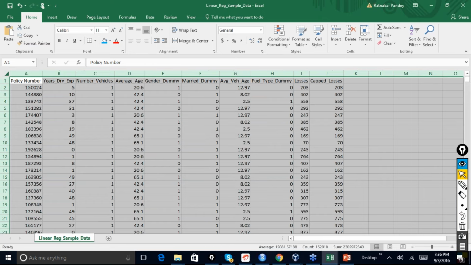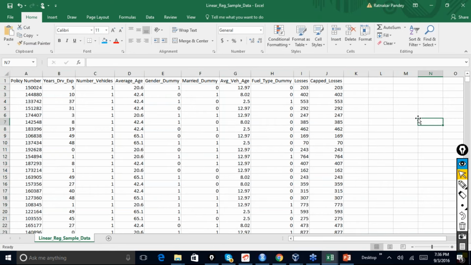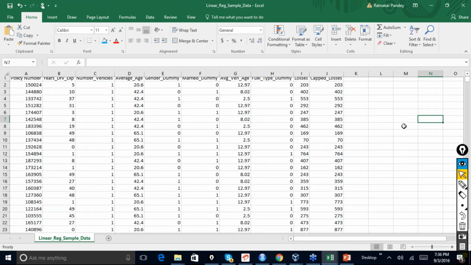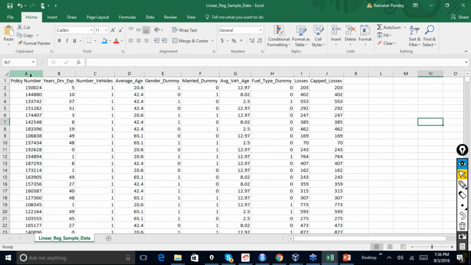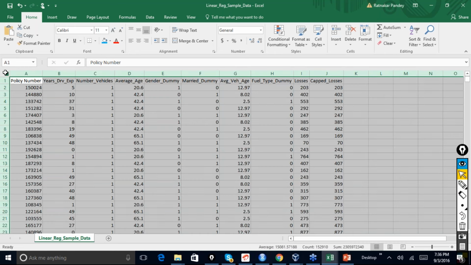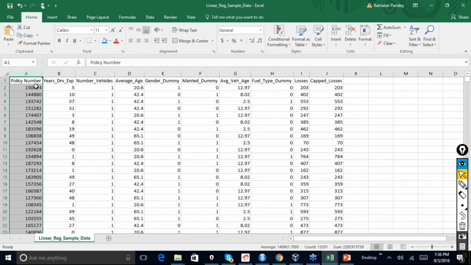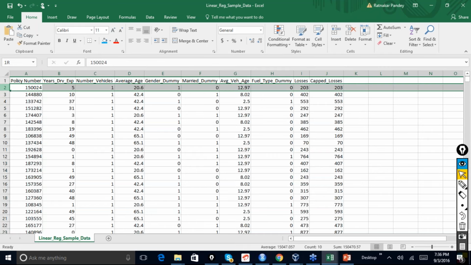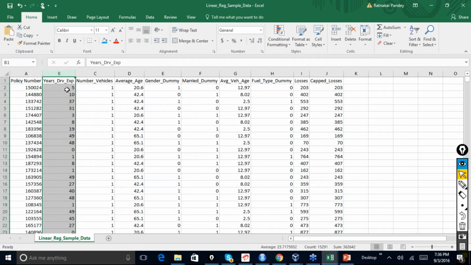Right, so this is the data that we have. So what is this data? This is the data on an insurance company. They are looking at the policies, right? So each observation is a policy number. Then we are looking at how many years of driving experience the driver has who has this policy, how many vehicles this driver has,